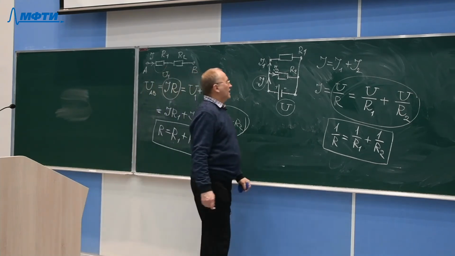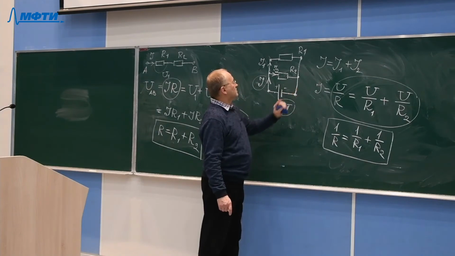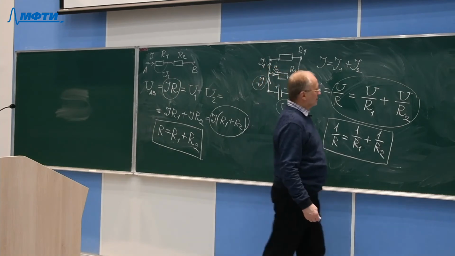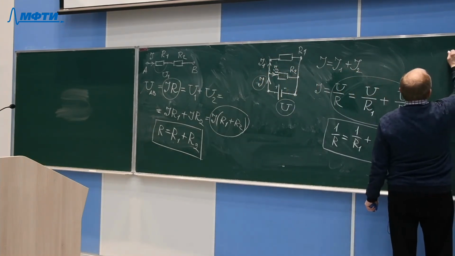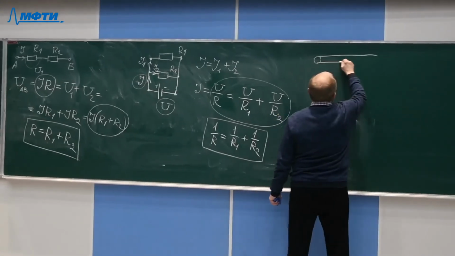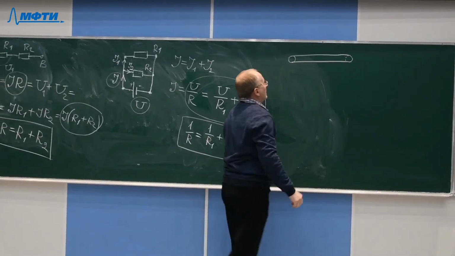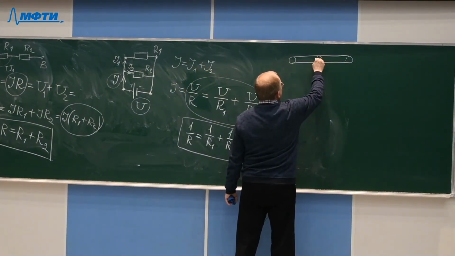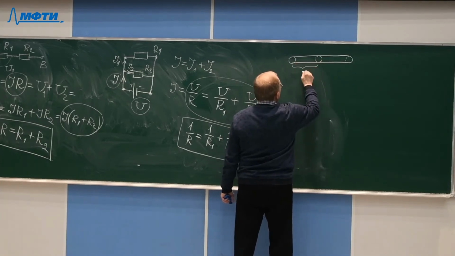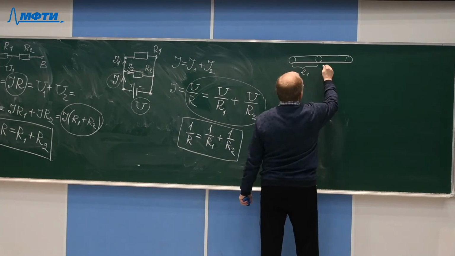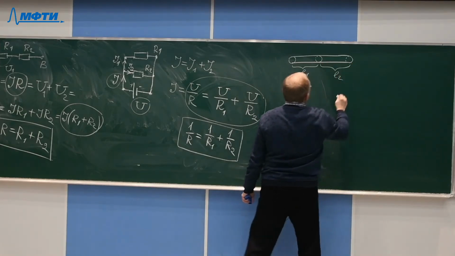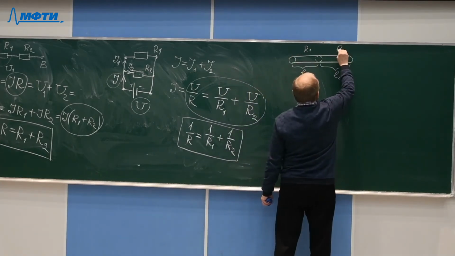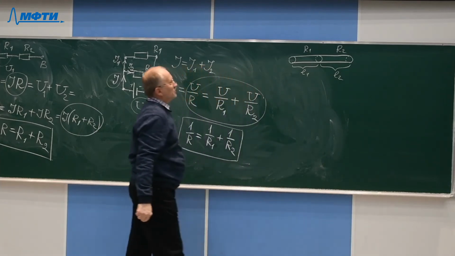Now I have mentioned the resistance of a wire, and I would like to consider this question in greater detail. Suppose we have a wire consisting of 2 parts. This is the first part, which has length L1, and this is the second part, which has length L2. If the resistance of the first part of the wire is R1 and the resistance of the second part of the wire is R2, then